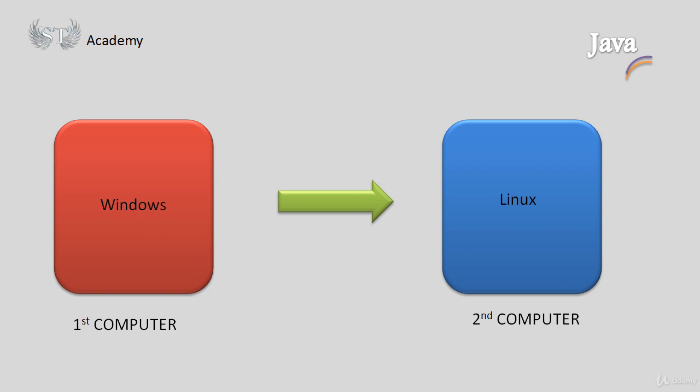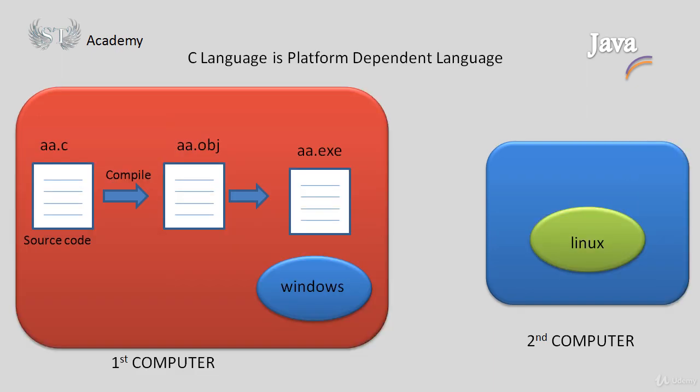Now what is the reason behind it? One system has the Windows operating system, another system has the Linux operating system, and even then the application which is created in Java runs. So what is the reason behind it? Let us understand it more thoroughly. Here is the diagrammatical presentation.